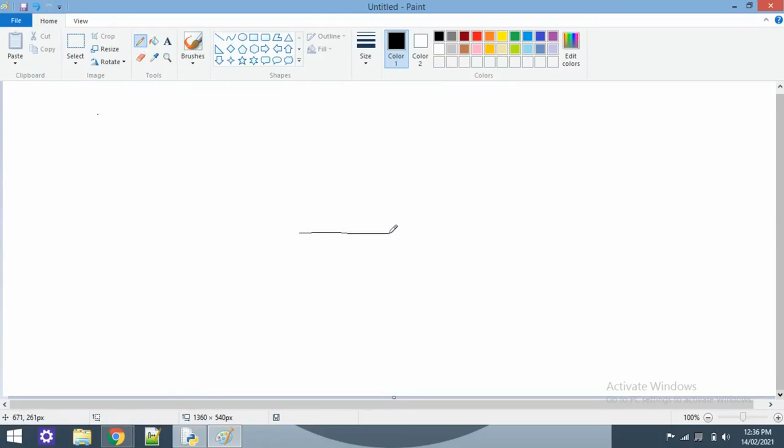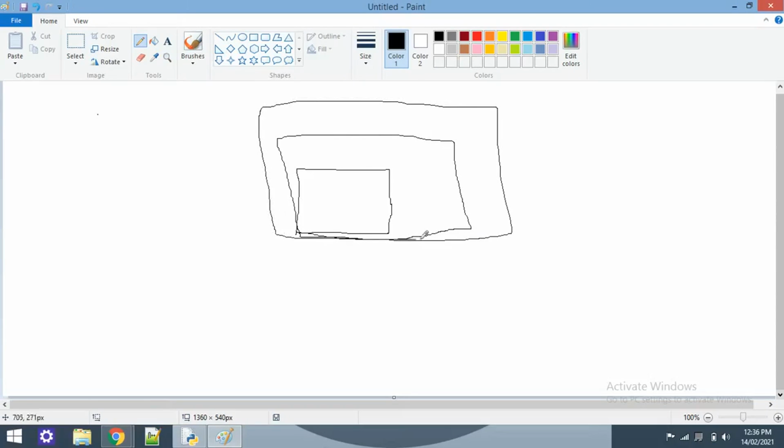It moves forward 50 pixels, then it will move upside. Let me try to make it again. Good. Then make a square. Then move forward 50 pixels, and then like this, and then like this. We try to make something like this. Okay, more beautiful, right? I'm sorry for that, but yeah, let's make this.